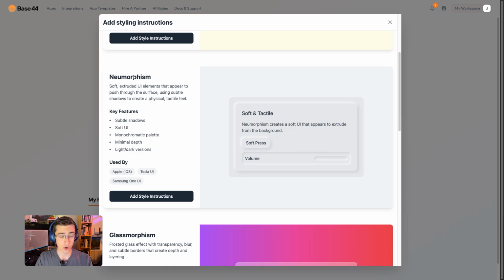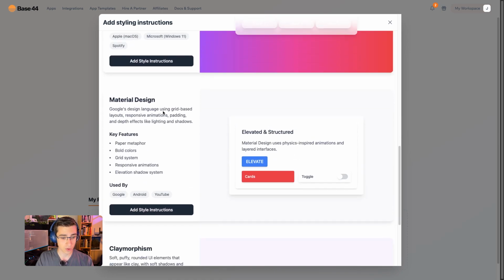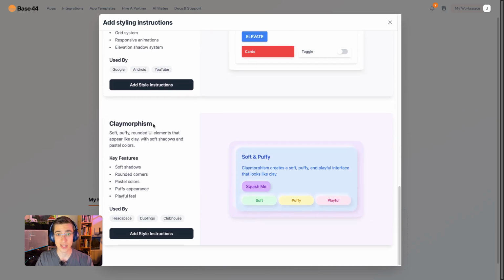We also have things like neumorphism, soft, extruded UI elements that appear to push through the surface. And again, it doesn't really stand out or contrast. There's also glassmorphism, which is what you'll see on something like an Apple device, material design, which is what you would see on Google applications, claymorphism, which is what you're going to see in Headspace and Duolingo and Clubhouse, and